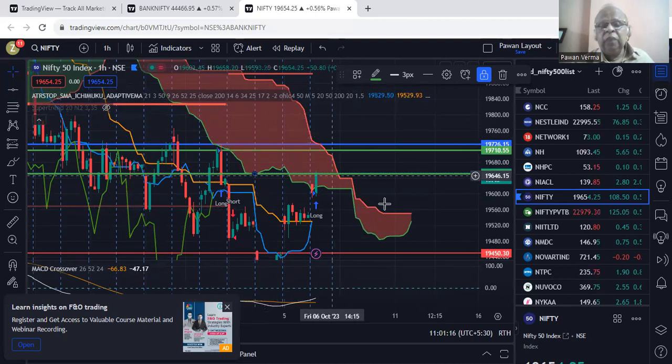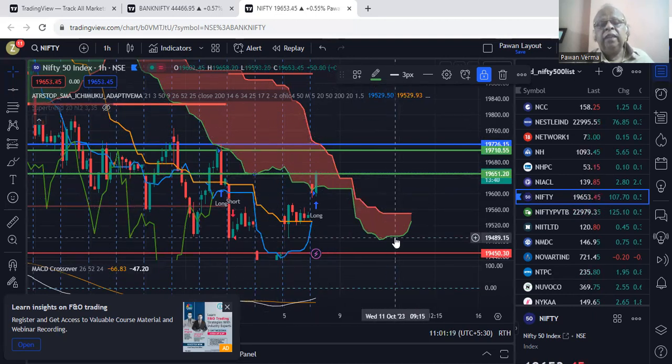The index is moving in the positive direction right now. The overall trend is bearish. If we instantly analyze, the trend is bearish, but the probability of reversal is quite high right now because a Tenkan-Kijun crossover is being observed. The Chikou Span has already cut the Kijun-sen, which will generate a bounce back in the coming hour. A bounce back is confirmed. Just wait, you will see the bounce back.